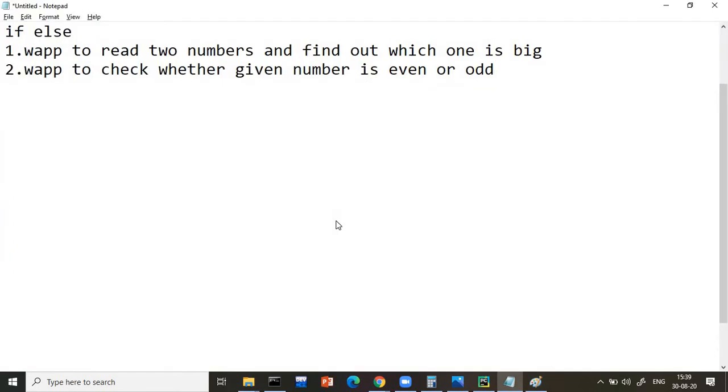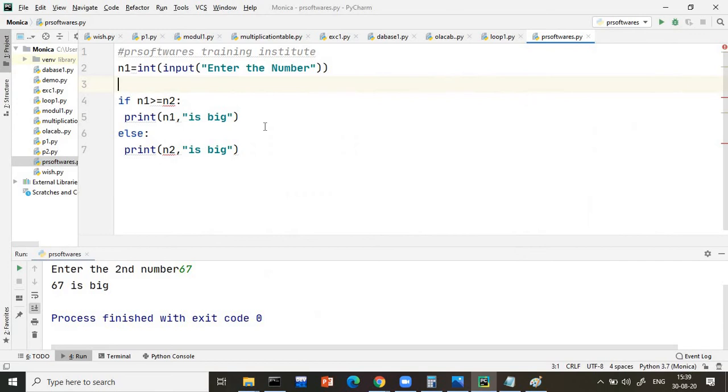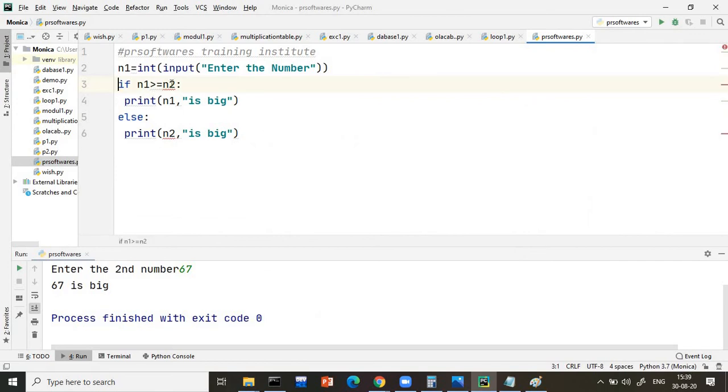So let's just write it in the programming. Here I will read one number. Here I will write n1 modulus 2 equals to 0. It means if n1 is divisible by 2, that number is what? n1 is even number. If this condition is true, because this value is divisible by 2 means the remainder is 0, that number will be even. Otherwise, n1 is odd.